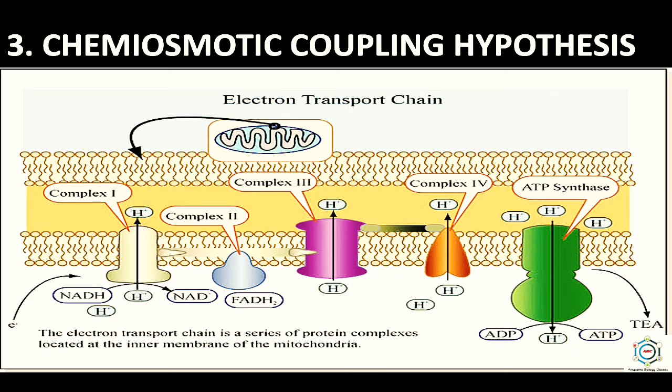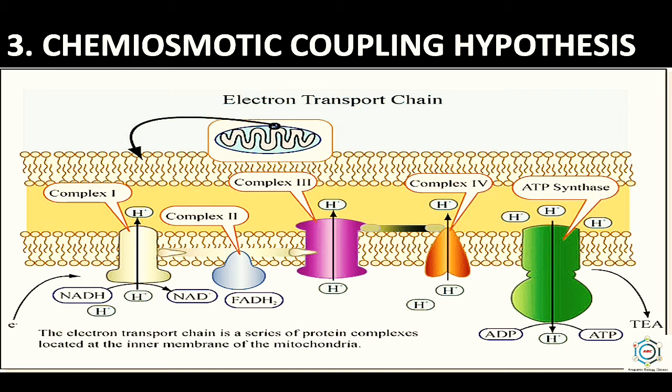Reduced NAD released from the Krebs cycle, when it enters the electron transport system, transports 3 pairs of hydrogen across the inner mitochondrial membrane to the intermembrane space. Similarly, NADH from glycolysis and FADH2 from the Krebs cycle also transport pairs of hydrogen into the intermembrane space. Each molecule of NADH released from glycolysis or FADH2 from the Krebs cycle transports 2 pairs of hydrogen protons into the intermembrane space. The unidirectional flow of protons toward the outer side results in the accumulation of hydrogen protons in the intermembrane space.